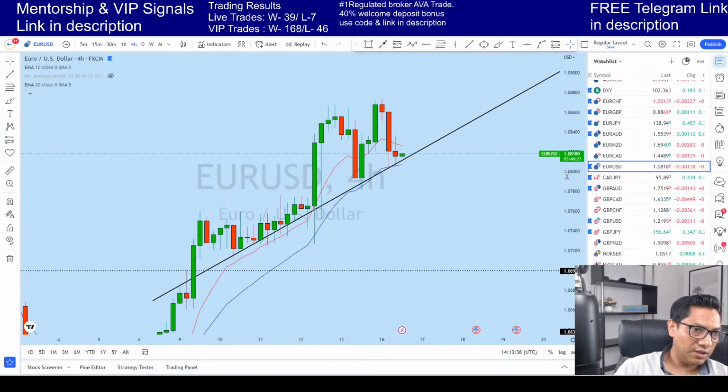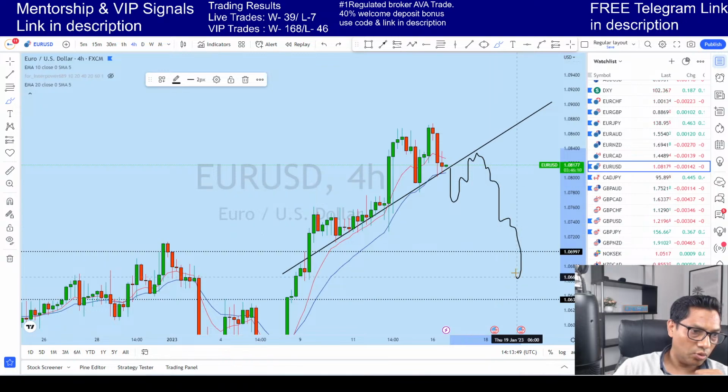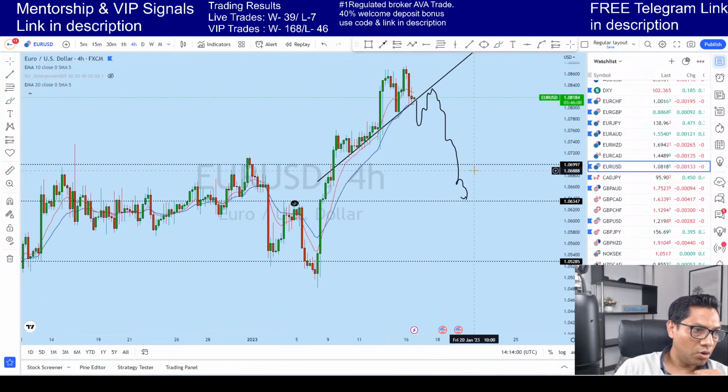So we see, let's say for selling euro dollar, what we need is for this support to be broken and then retest the support as resistance, and then we can take a good trade on euro dollar. And I think that when it continues to drop, high probability it will test this previous resistance turning support, which is very important.